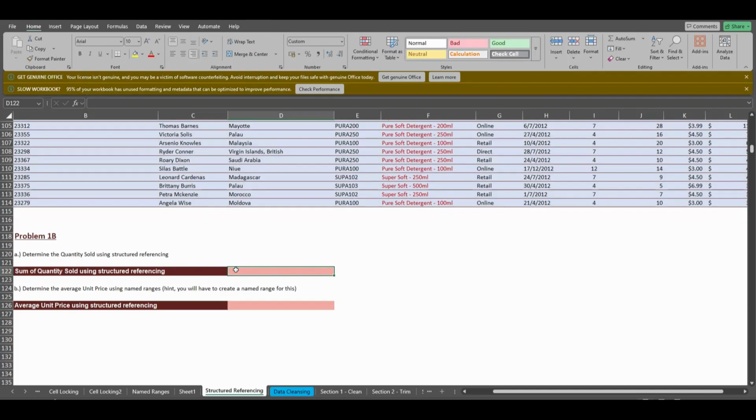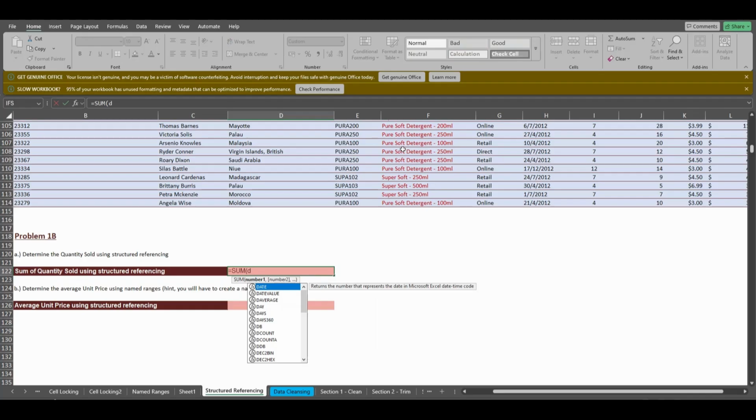First of all, click on your equal to sign, type your function, sum, double click, and call out the table name. What name did you give to this particular data set? Distributor table. Your distributor table will display for you. You double click on it. So to call up quantity sold, you enter your box